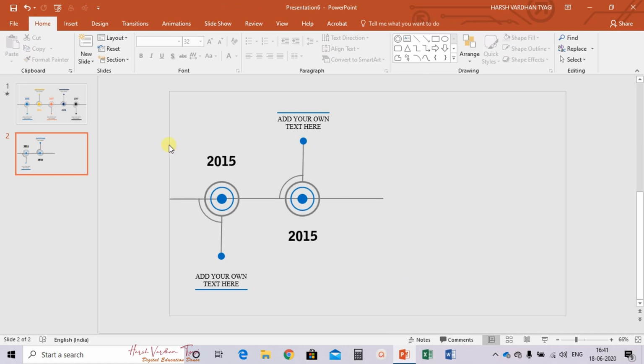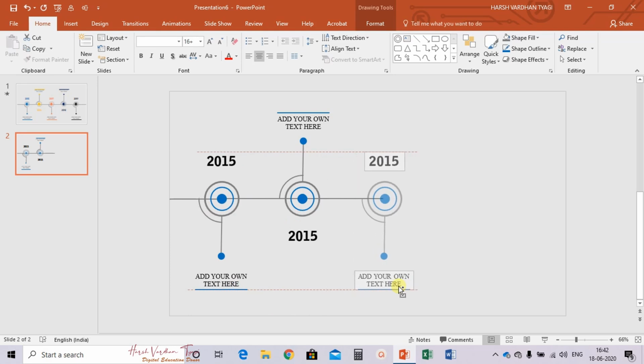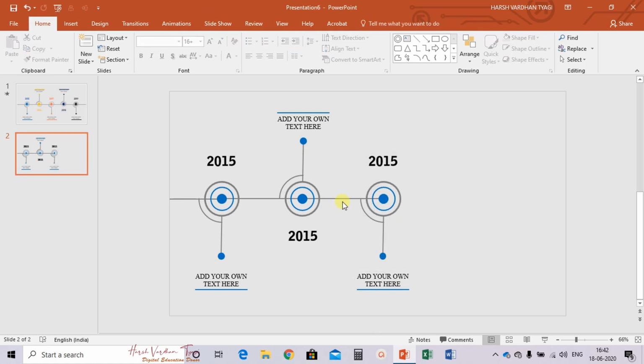Now this time again copy this part, select this complete part, use the control key to make a copy and arrange this. Fine.